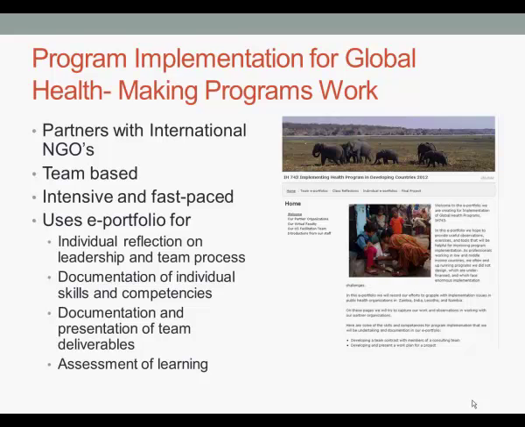We also use them to present the work of the teams, the deliverables that the teams are providing to the organizations. This is useful for the organizations because they can see what the students are doing and provide feedback, but it's also useful to the students on the other teams because they can also look at what the other teams are doing in the course. And this year, we expanded our use of e-portfolios and tried to incorporate them into our assessment process.